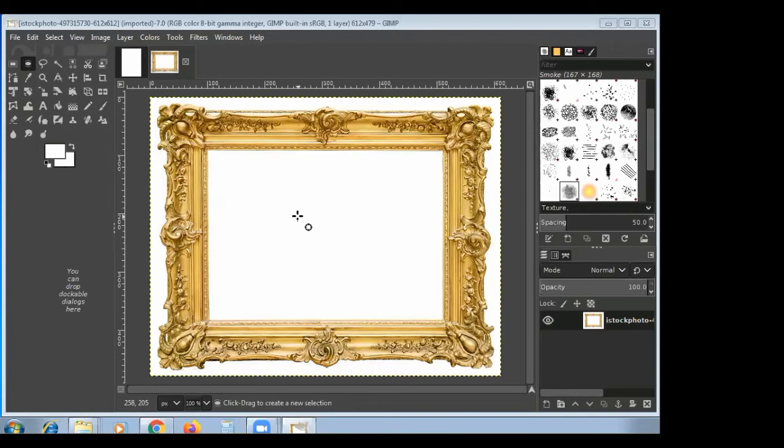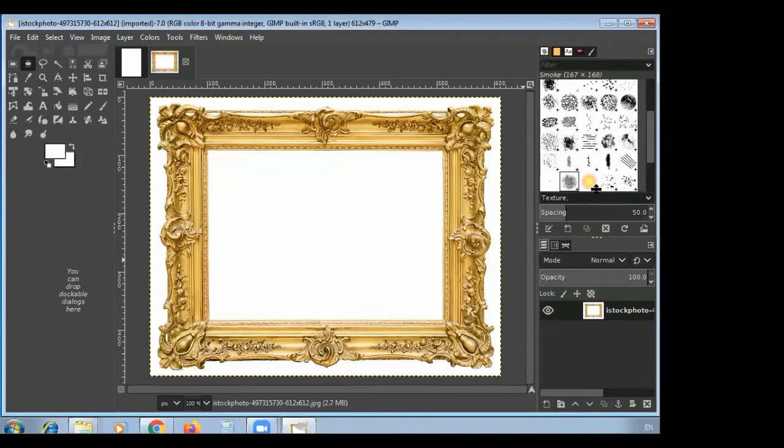In the layer palette, click on the new layer. Here one. You can see over here.